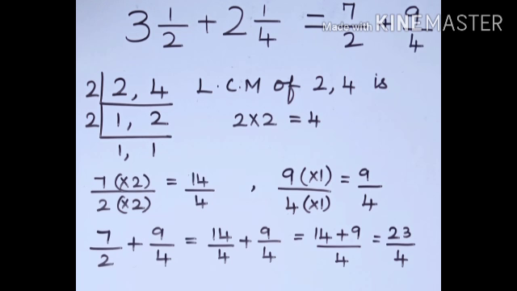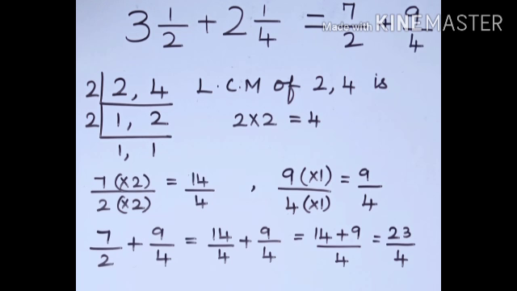Now consider the next fraction 9 by 4. 9 by 4 is already having the denominator as 4, so leave the fraction as such. If we want, we can also multiply by 1 on the numerator and denominator to make it as an equivalent fraction again as 9 by 4. Now we can easily add these like fractions 14 by 4 and 9 by 4. So 14 by 4 plus 9 by 4 is equal to 14 plus 9 by 4,